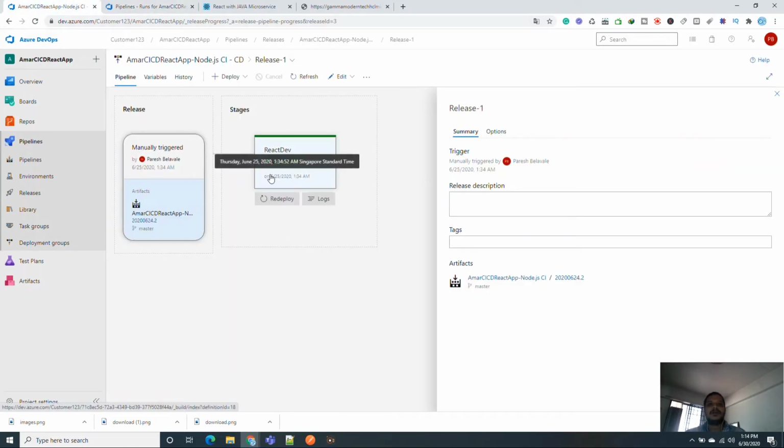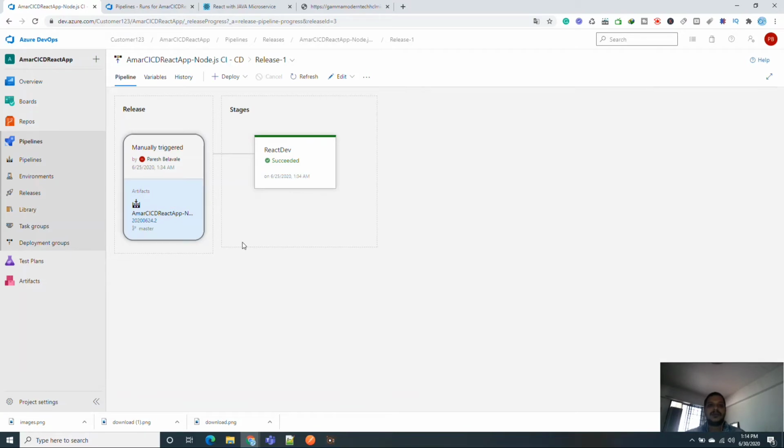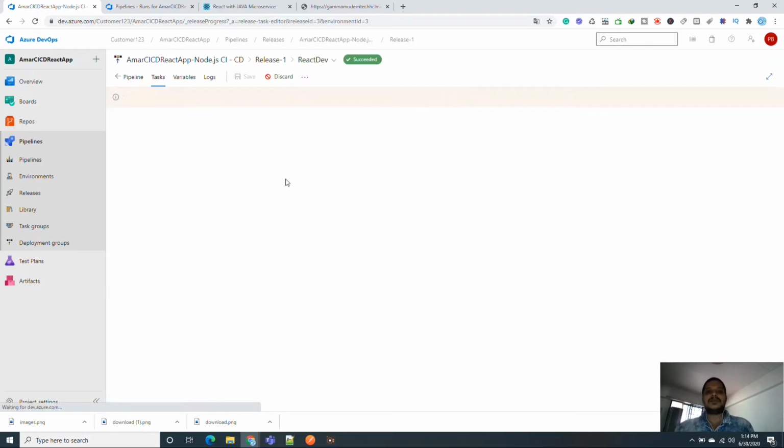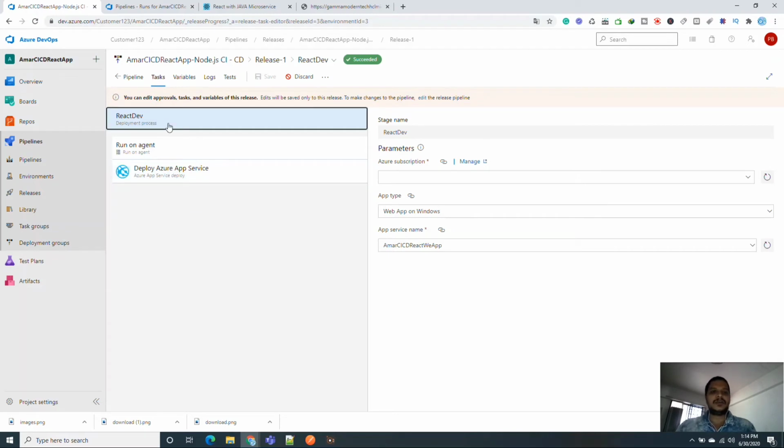The second thing you need to do is configure the steps. You need to create one app service, be it Windows based or Linux based, and once you create the app service, you need to link that app service in the task. So you can see it here.